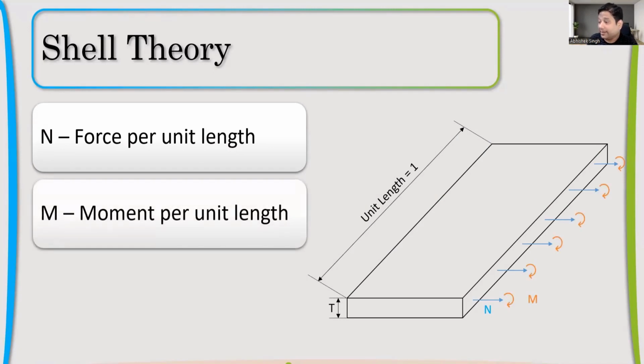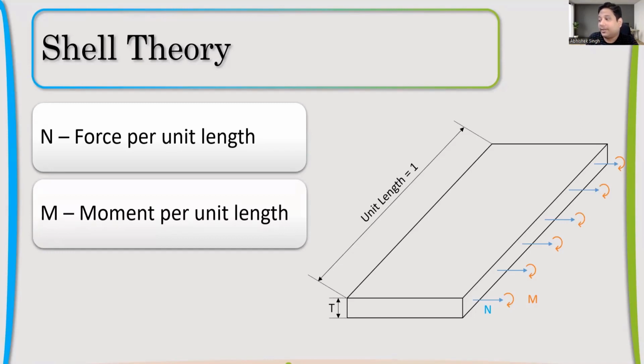Definitely, if force and moments are there, that means there is some external or internal load acting. It does not matter whether it is internal or external. So there is force per unit length present at the cross section. There is also a moment. Now,